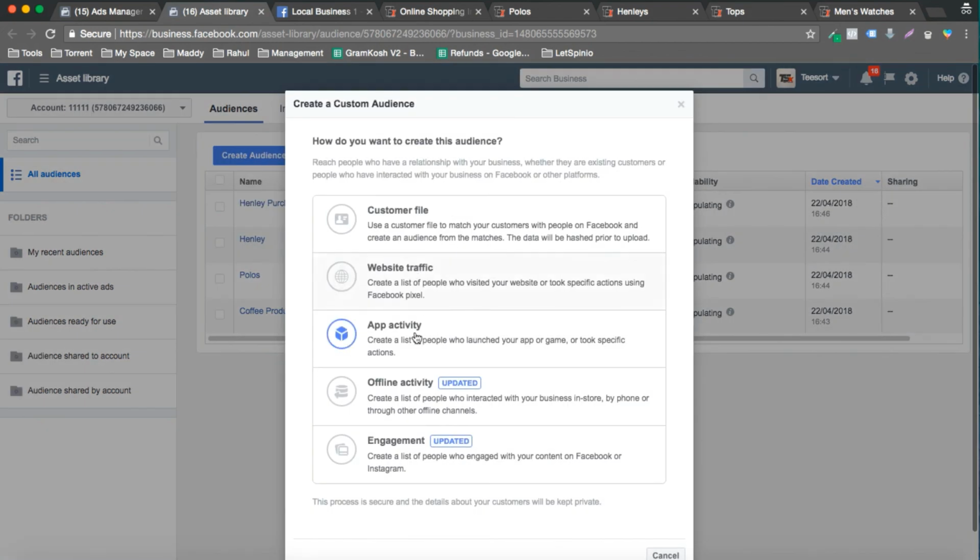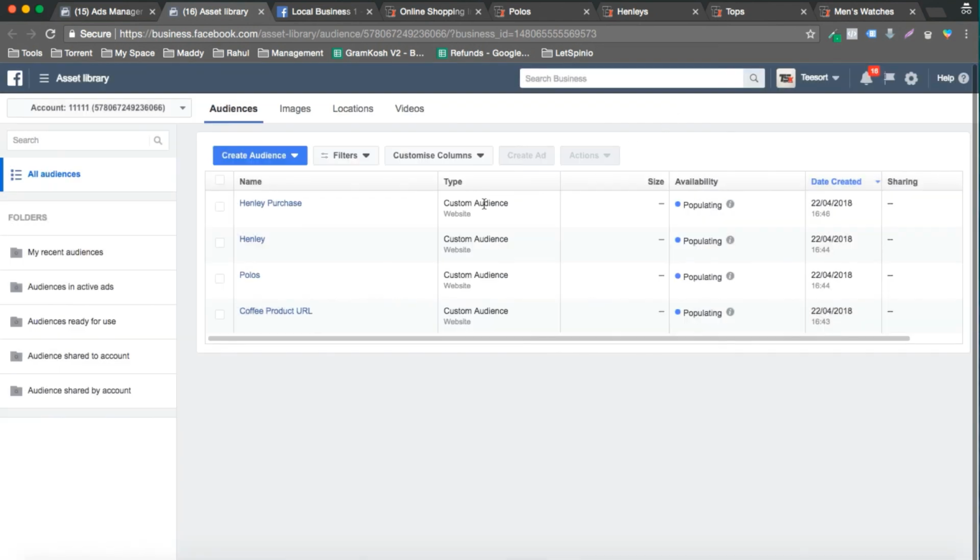You can click on app activity, offline activity, engagement. As per your business, you can select and see all these things. I cannot go into every option inside this Facebook bootcamp, because I can do only limited things. I have already given you enough information and knowledge where you can search and find all the things by yourself. Now you go ahead, play around, make me proud, and come up with good case studies. That's how you go ahead.